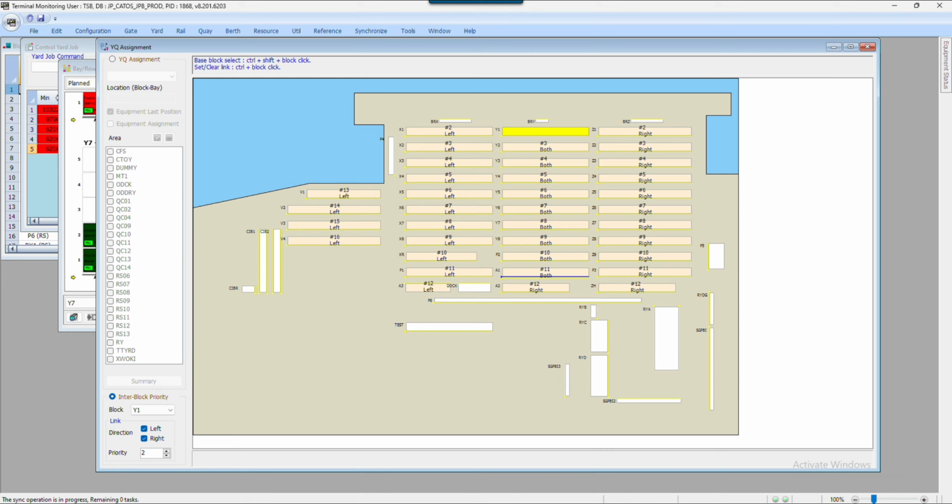So let's say 1, 2, 3, 4, 5, 6, 7, 8, 9, 10, 11, 12. 12 bays. So if I select bay number 1,